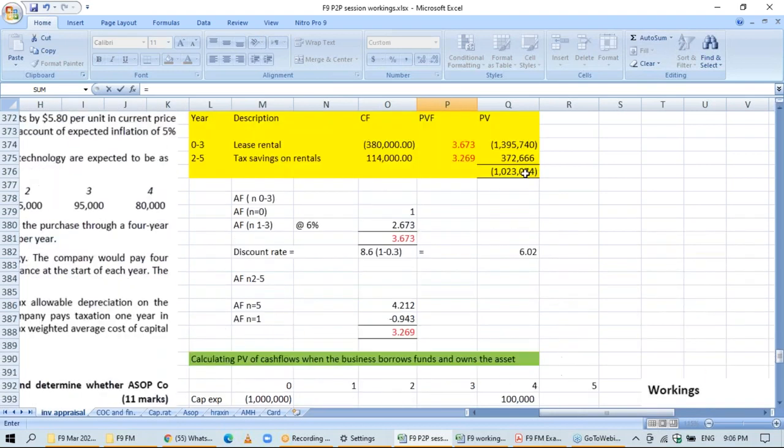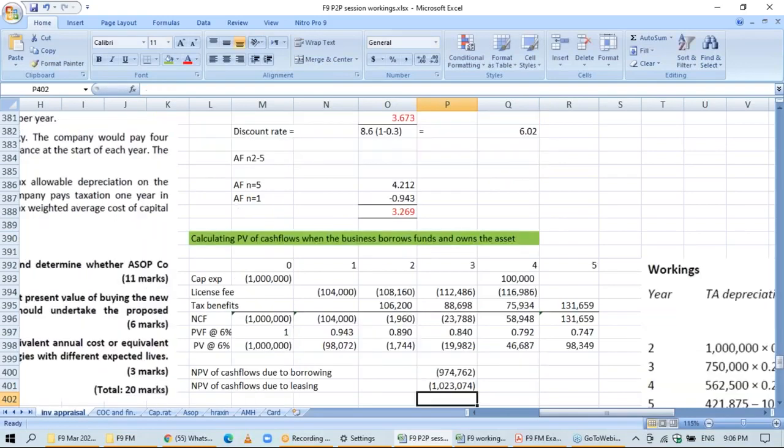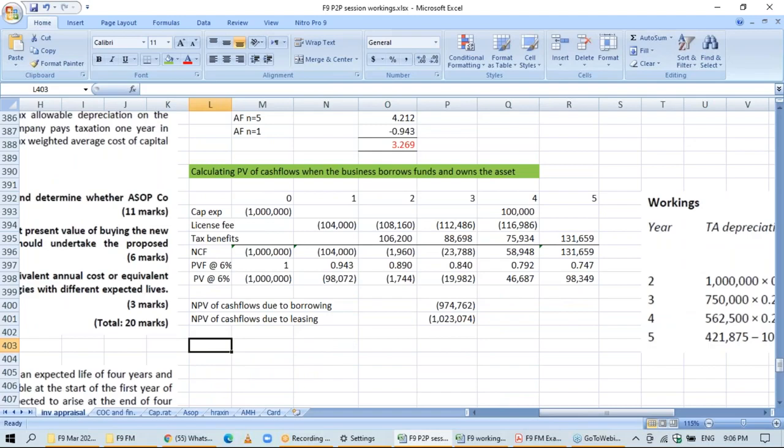So what happens? This is a negative cash flow. So as the present value of borrowing cash flows are lower,